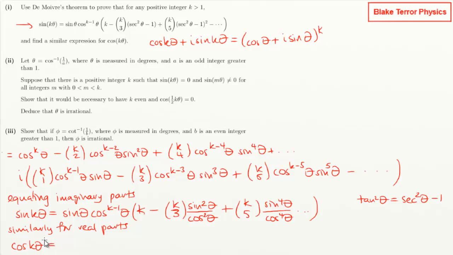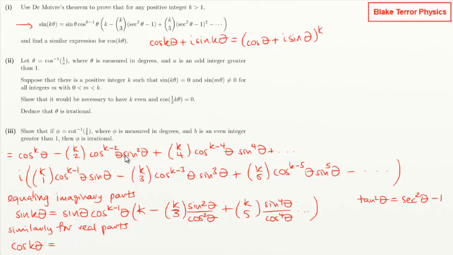So what do we want to pull out? Just trying to see, what do we want to factorise on this? Have we got really much to factorise? Are we just factorising the cos? That might just be it, but then we've got an extra. If I factorise out the cos k,